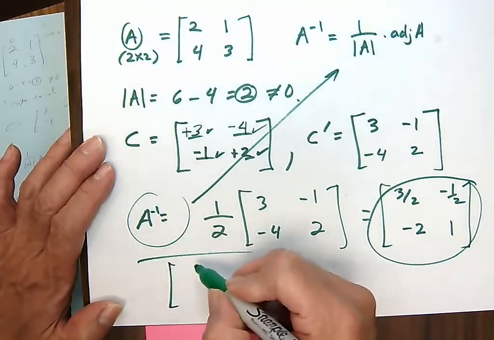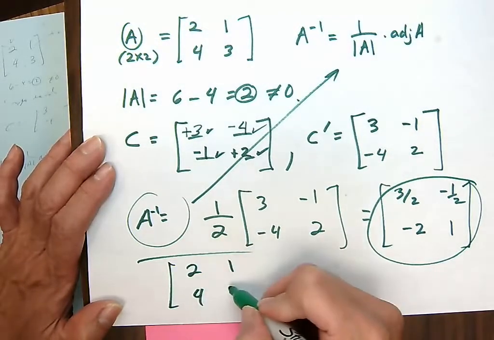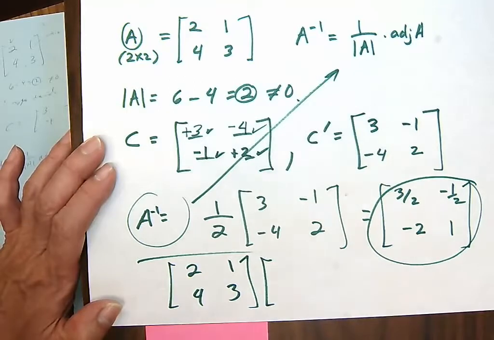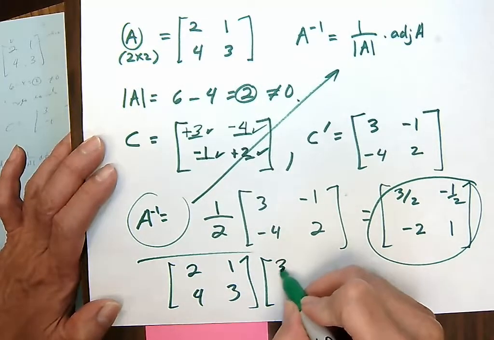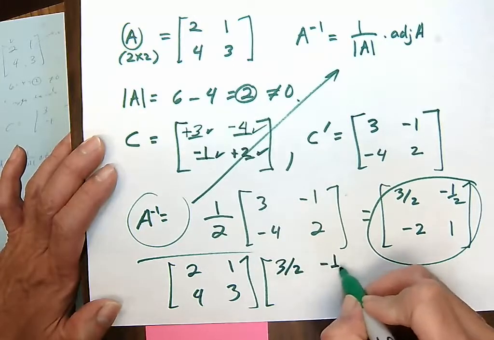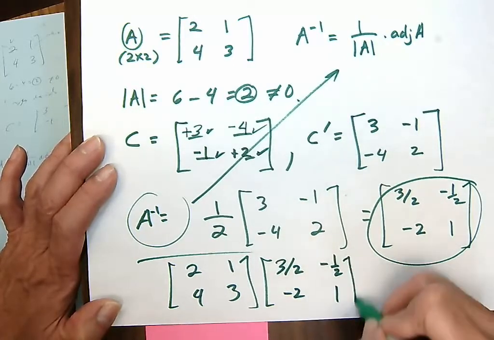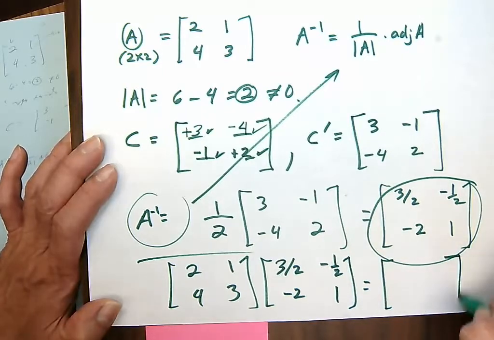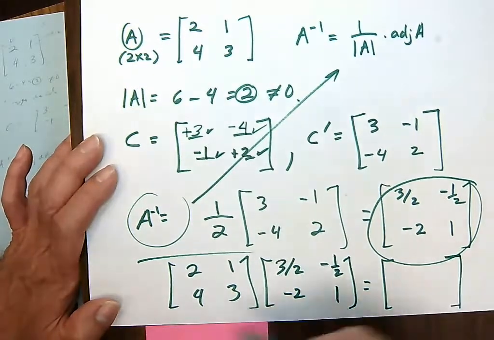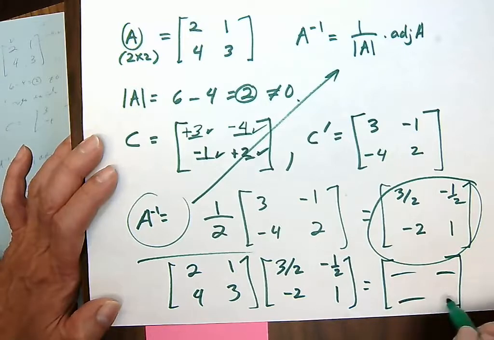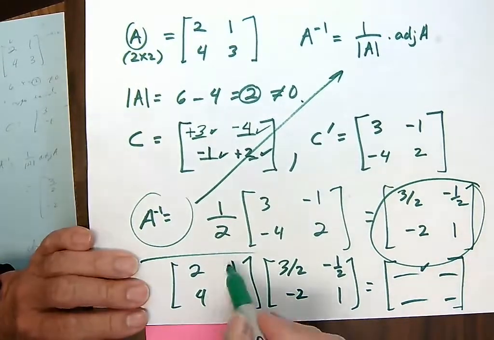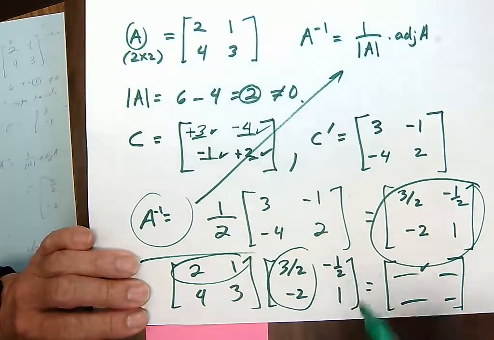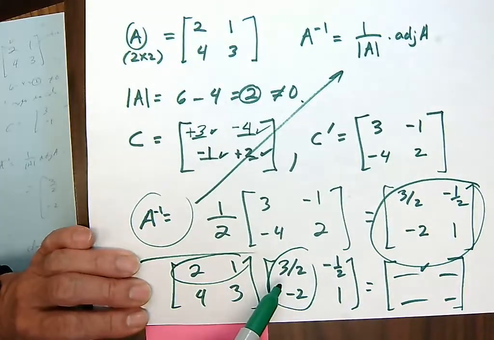I'm going to rewrite the A matrix, 2, 1, 4, 3, and I'm going to post-multiply that by our suspected inverse matrix of A, 3/2, minus 1/2, minus 2 and 1, and let's see if we indeed get back a 2 by 2 identity matrix. 2 by 2 times a 2 by 2 will give us a 2 by 2 matrix. Okay, the element in the first row, first column, how do we find it? First row lead matrix, first column lag matrix, 2 times 3/2, which is 3, plus a minus 2, which is